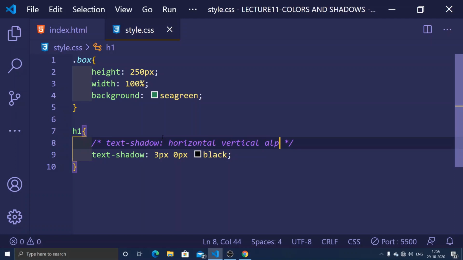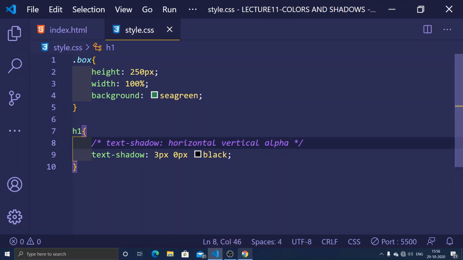The third one is going to take the blur value, means how much blur or how dark the color is going to be there.